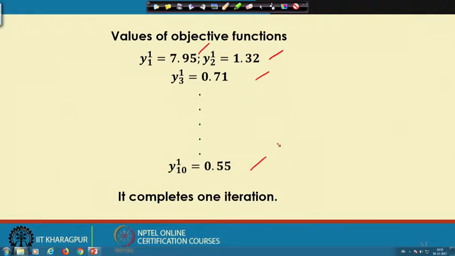Now, what you will have to do is assign the personal best for each of these particles in terms of the two design variables B and H, and at the same time find out the values of the objective function for each of these particles, and then find out corresponding to which particle I am getting the maximum value of the objective function, and accordingly find out the globally best solution.